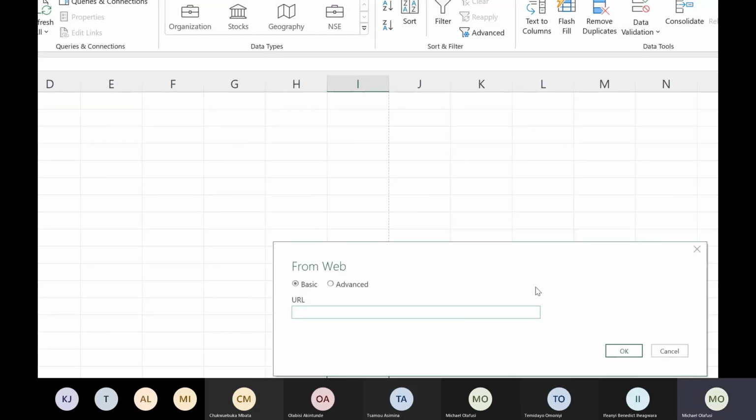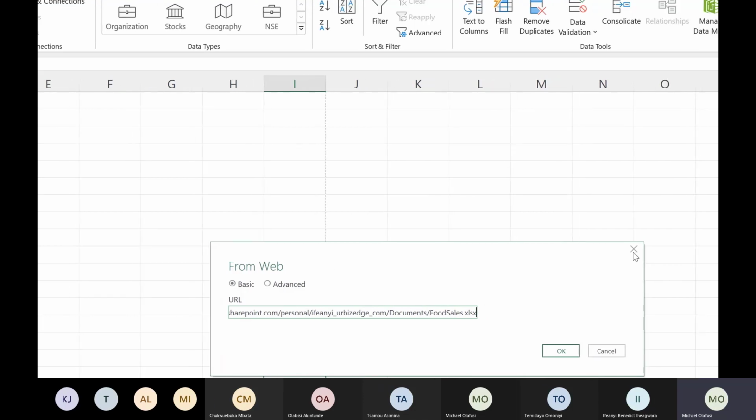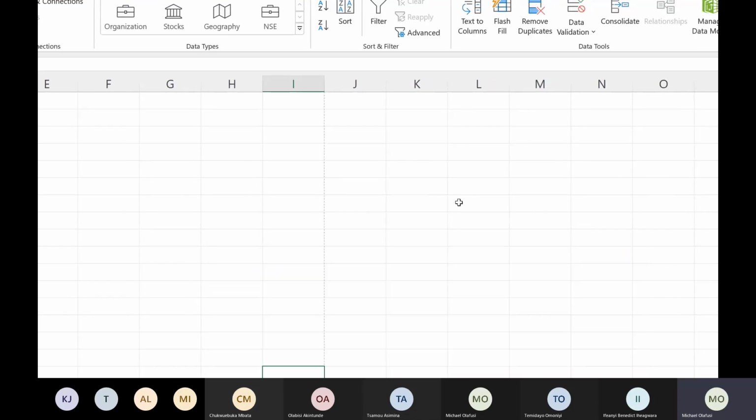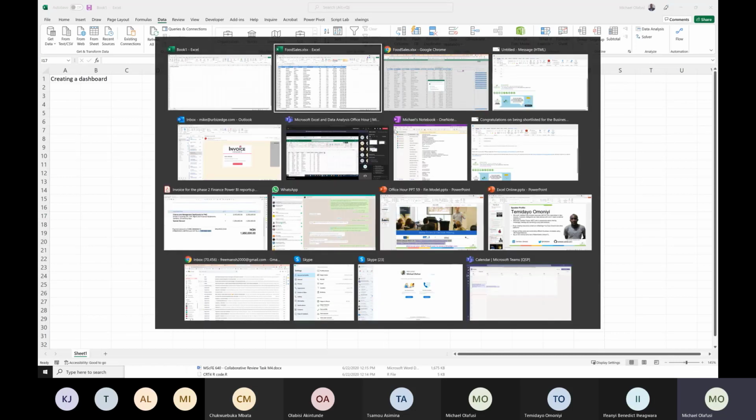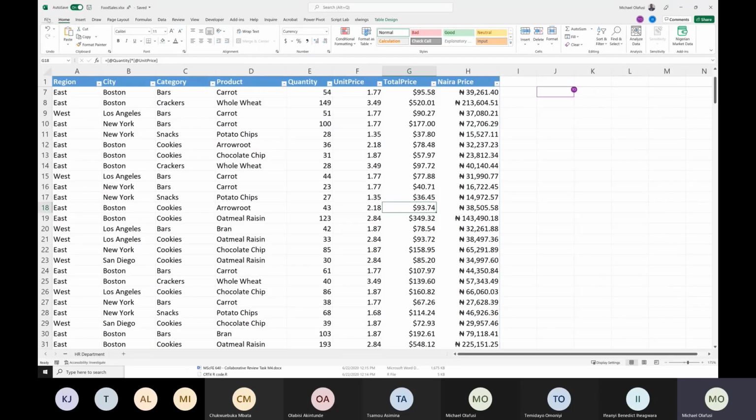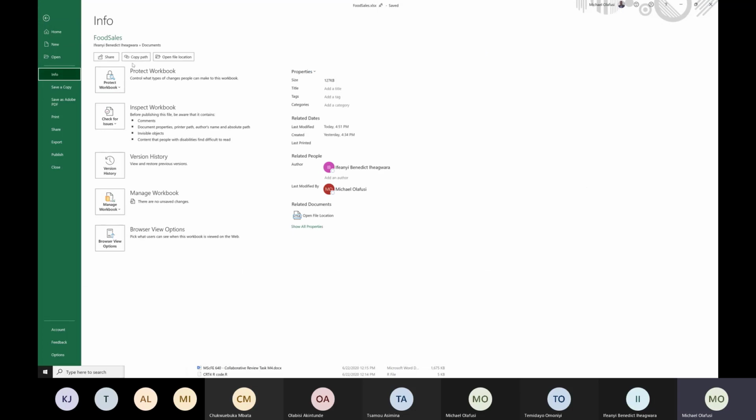Once I say from web, I dump in the URL, which is what I copied. In case you didn't notice, let me show you where I got the URL from. I copied it from here. If you go to file, info, copy path, it does that automatically.